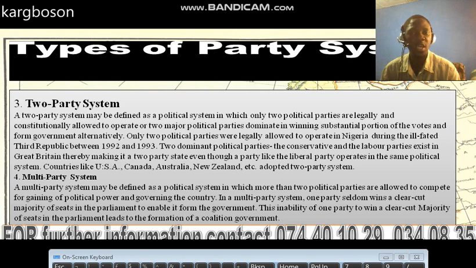So therefore, in a multi-party system, inasmuch as it is hard for one single political party to win an election or get a majority of seats in parliament to form the government, because of this inability of one party to win a clear-cut majority of seats in parliament, it leads to the formation of a coalition government. So sometimes people can end up forming a coalition government by